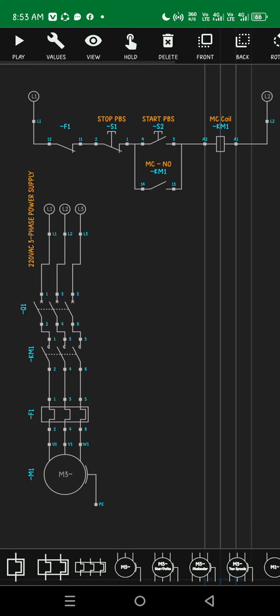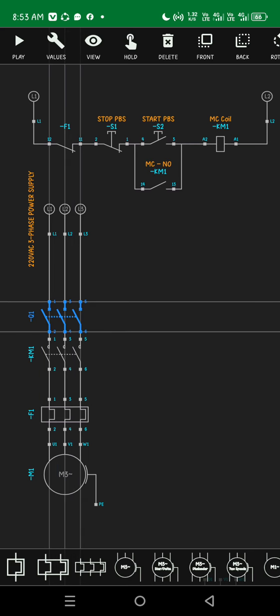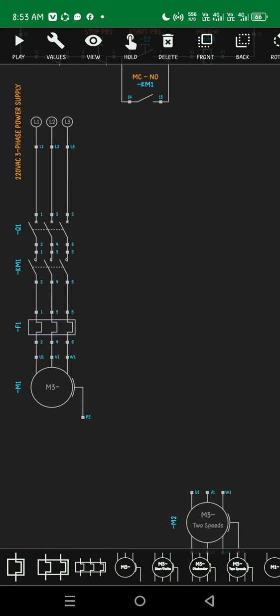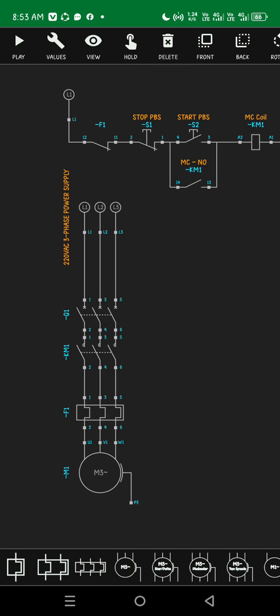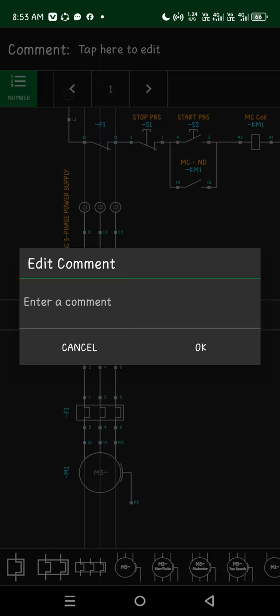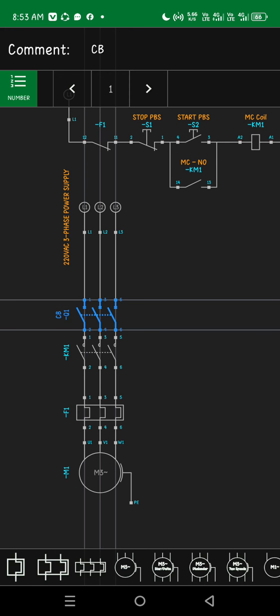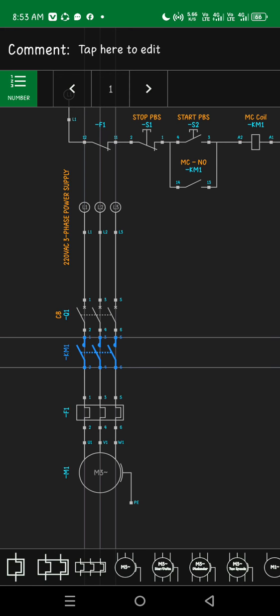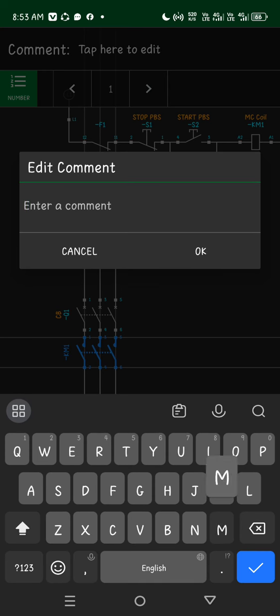Let's move it here. Oh, let's delete this one. Then rename this Q1 as a circuit breaker. Click values. Then click circuit breaker or CB. Click OK. Then magnetic contactor, just put MC or magnetic contactor.